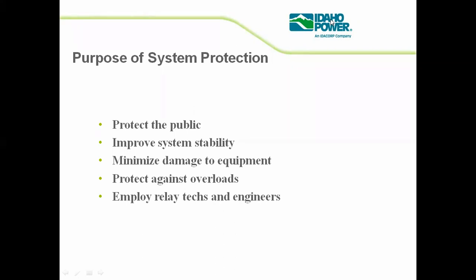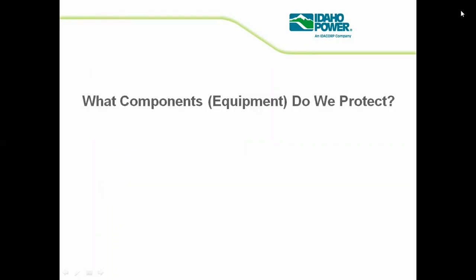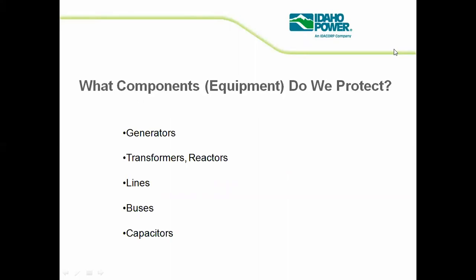But again, I'm repeating that the foremost purpose is to protect the public, protect the local people against this fault. For example, if you do not protect the public, let us suppose a fault occurs in the system, and in that case you have not isolated the system with the fault, it will cause damage to the person that is working on it or around it. That is why the major purpose of system protection is to protect the public.